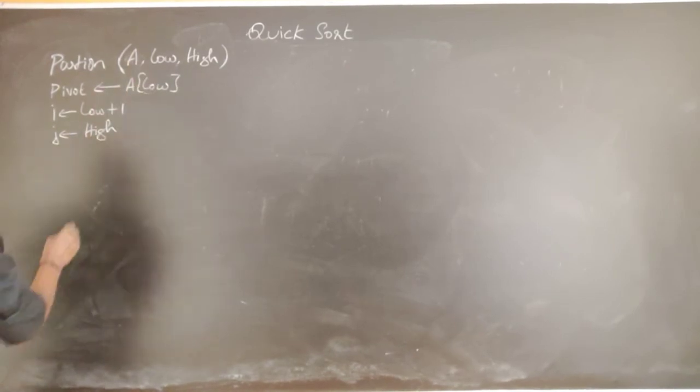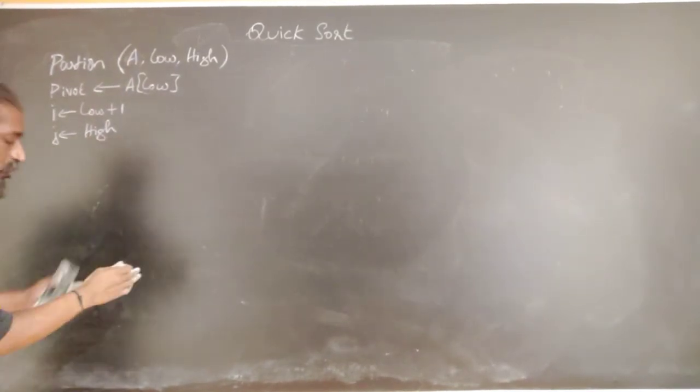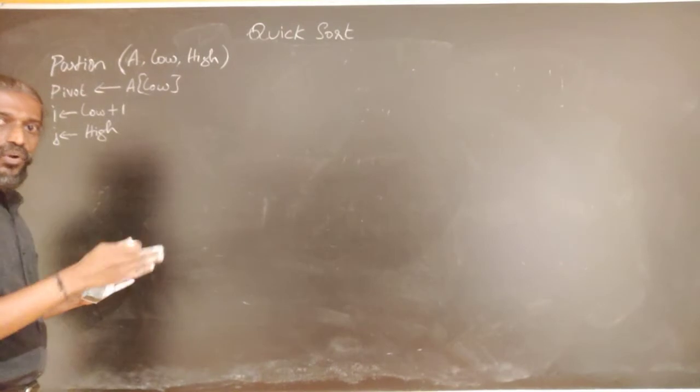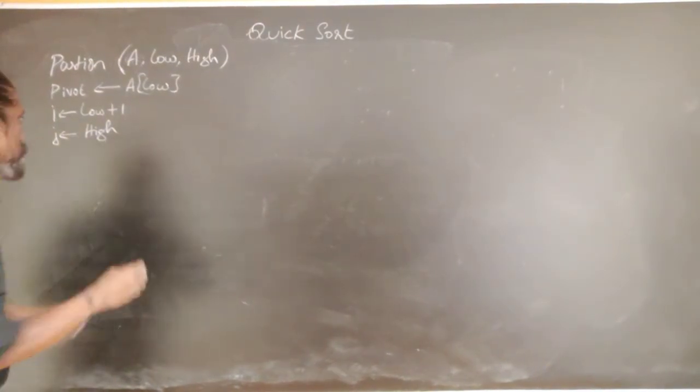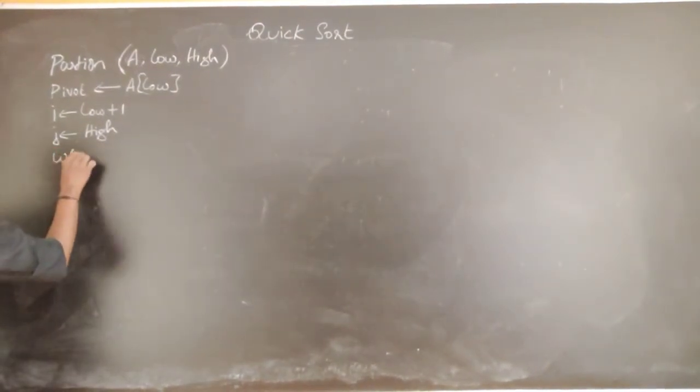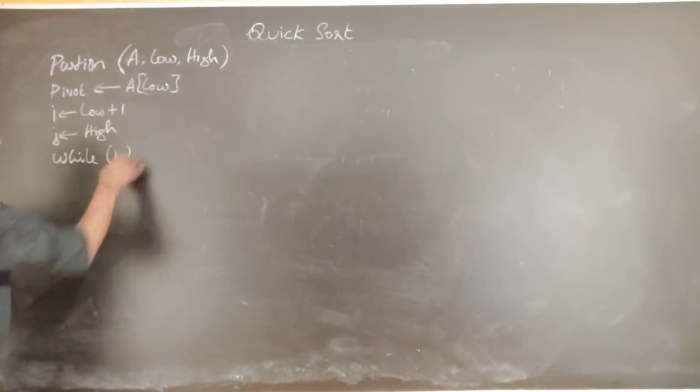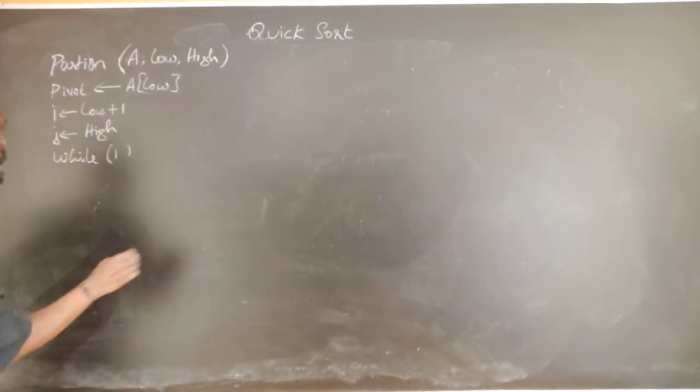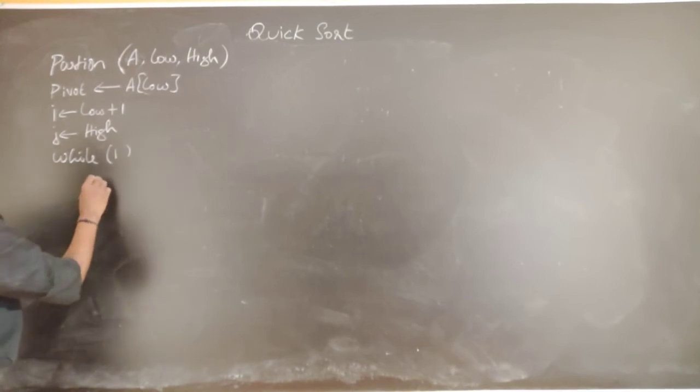Then, as I told, we need to move the i pointer and the j pointer as long as i and j don't cross over. We don't know when it may happen. Therefore, we will enter an infinite loop as long as i and j pointers don't cross over. Okay. So now, while